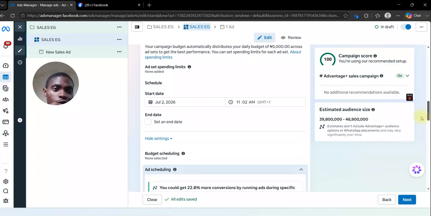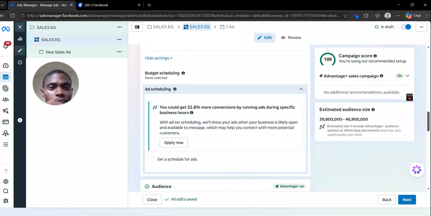Now this is our spend limit. I believe today's July 2. I'm recording it July 2, 2026. You can set your time. This is 11:02 a.m. I will decide to leave it like that. You can actually schedule. You can actually give it an end date, except you are setting it up for a particular time. So, for example, if I want it to come up in the next 2 hours, I could just set this to 1 p.m. You understand? So this is 11 a.m. and all of that, but I'm not doing that for the sake of this. Then from there we go to,